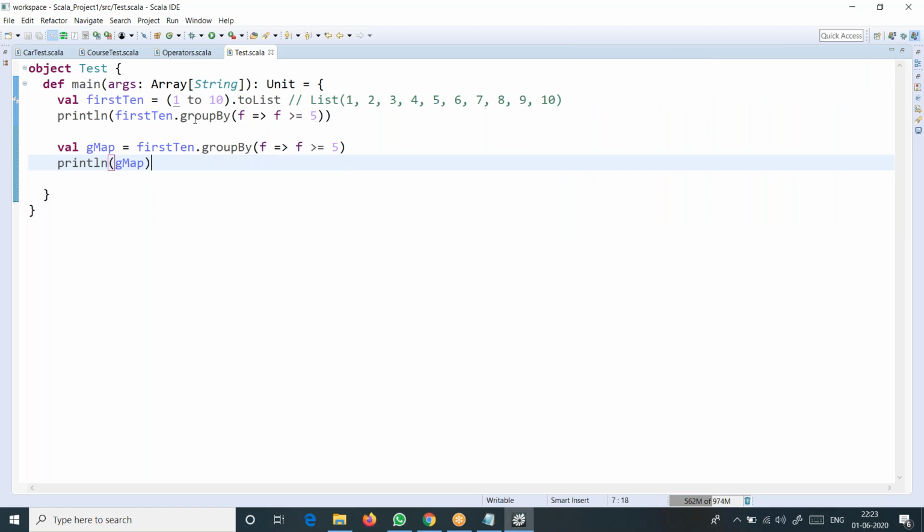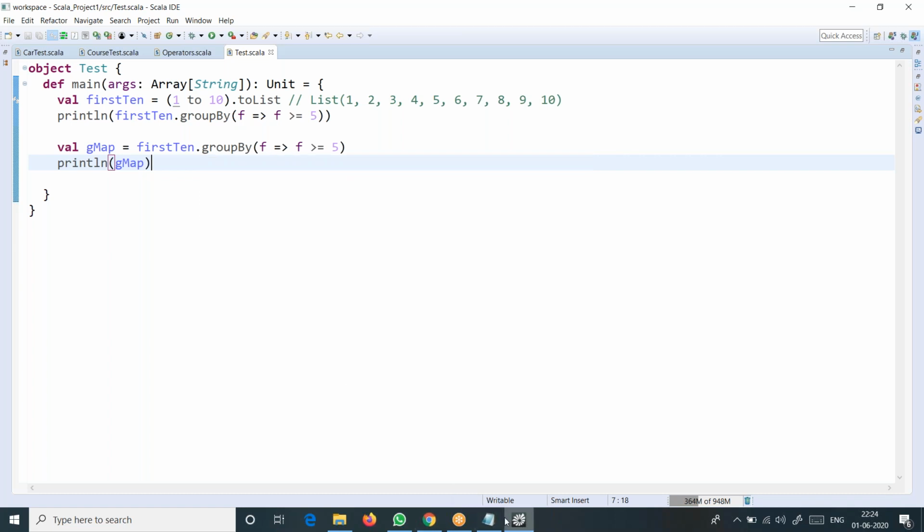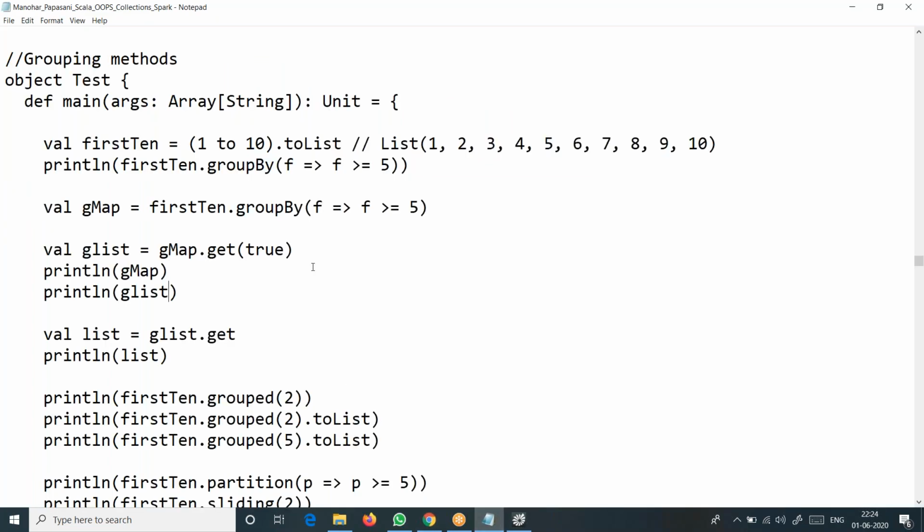Even the same thing happened for the second one. The difference is, in the first case, we are directly printing it through println. In the second case, we are initializing that result to a variable and preserving that result. It's giving a map there. The return type of groupBy is a map. It puts all those divided, grouped collections into the map, and that map is returned. Okay, is that fine?